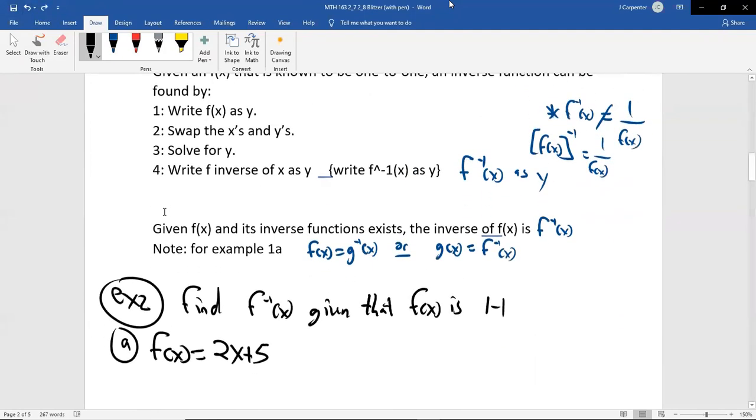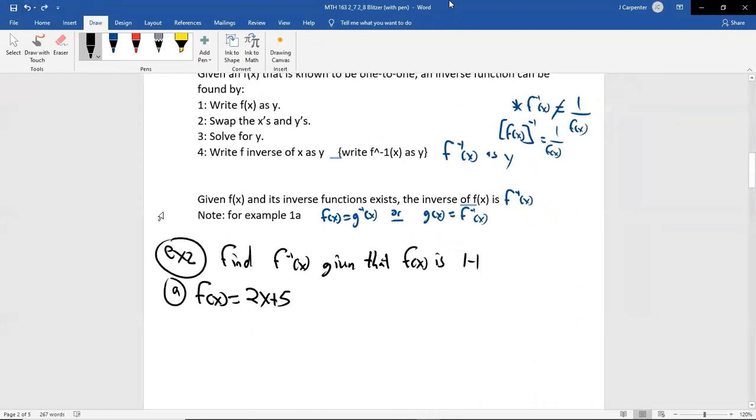So let's follow these 4 steps explicitly. I'm going to back out just a little bit so I can keep them on the screen. So here's what we do. First, rewrite f of x as y. So I'm going to use color to show the change. Rewrite f of x as y. The reason we do this is for convenience, because the next step is we swap the inputs and the outputs.